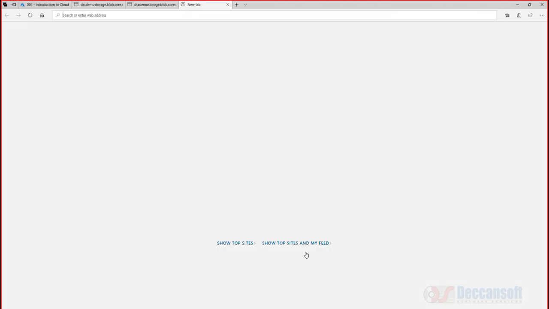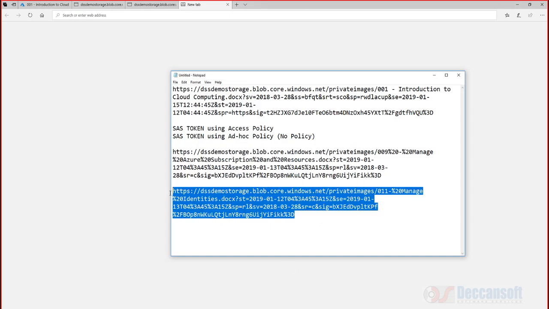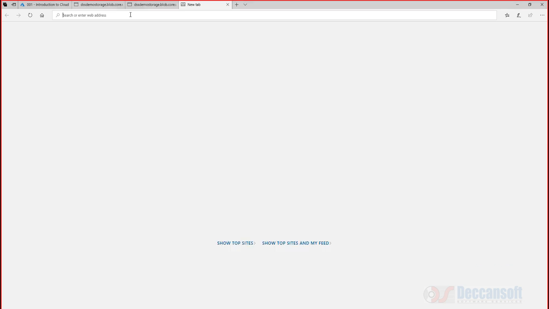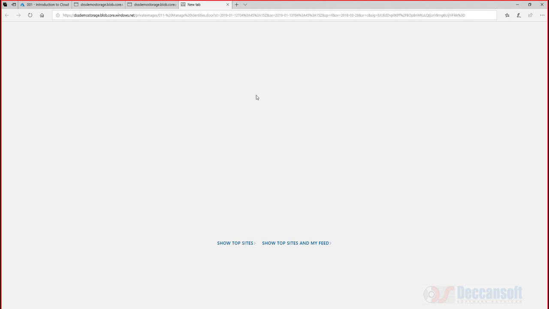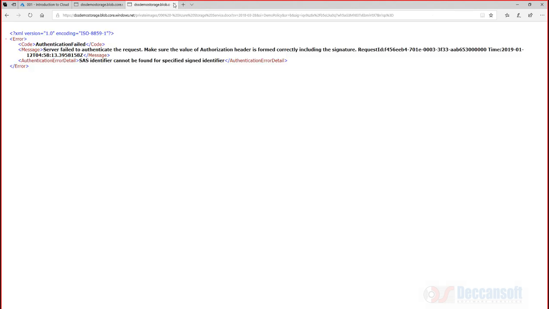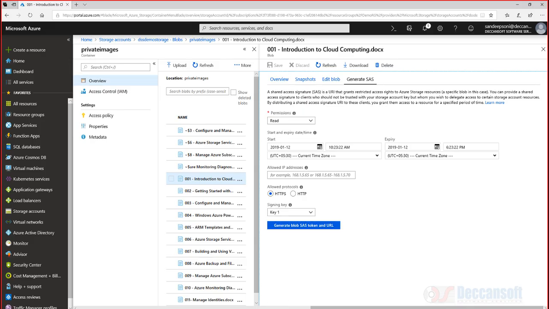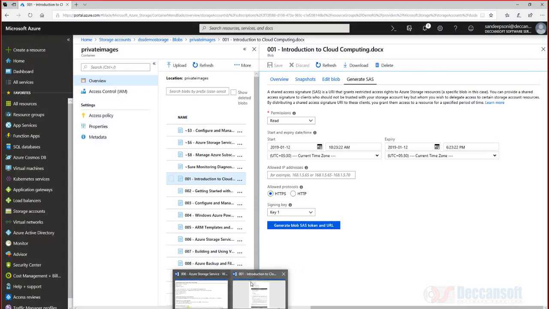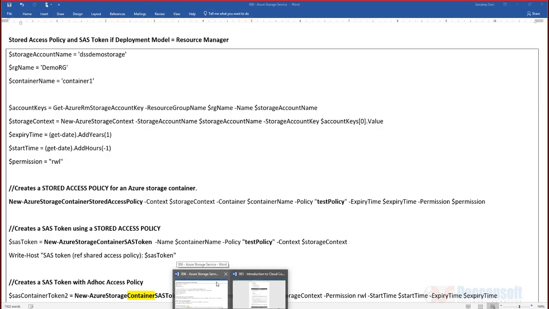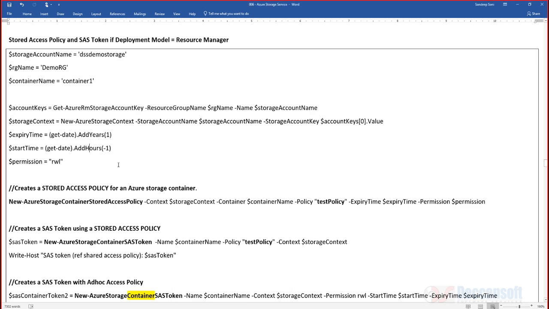I say cancel. Go to new tab and use this. And this also works there. This also it's opening. Both the files are working. So SAS token can be generated either at container level or can be generated at the file level. Both the places. And same thing I was saying, you can do it through